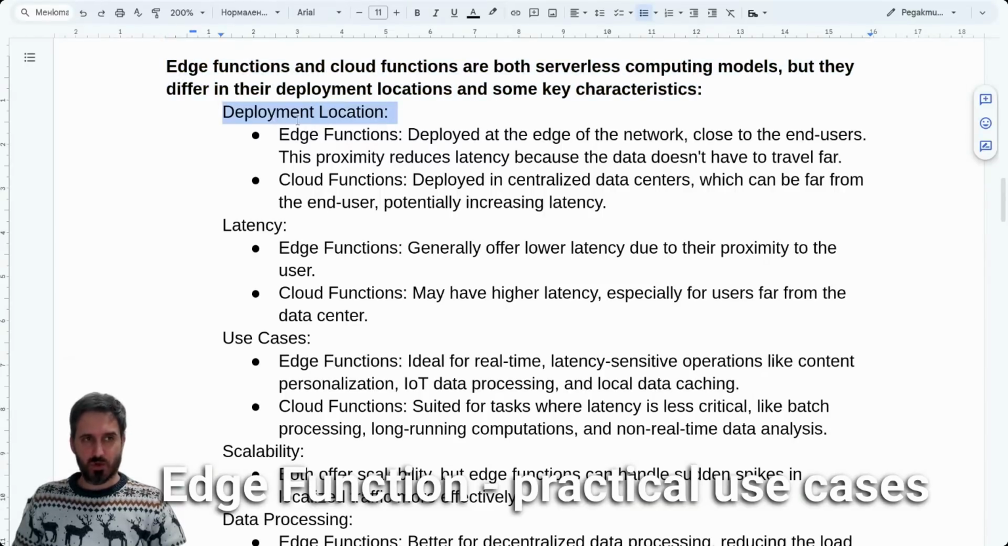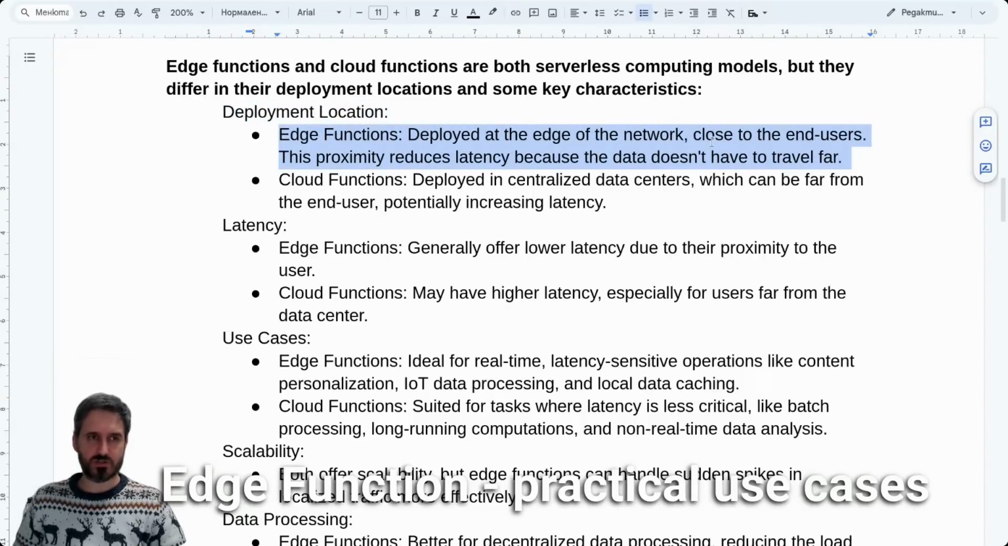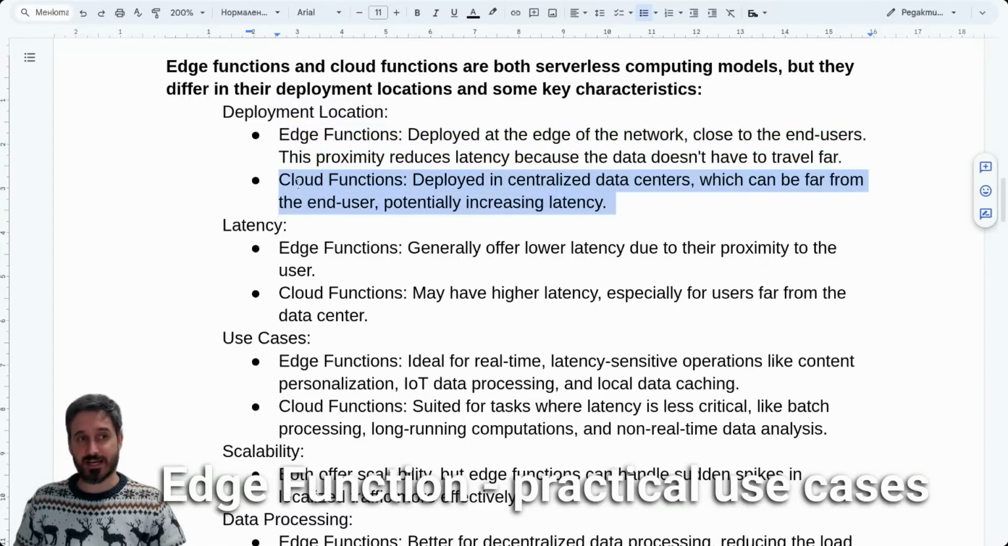So, for example, deployment location. The edge functions deploy at the edge of the network, closer to the end user, and this proximity reduces latency because the data doesn't have to travel far. And the cloud functions are deployed in centralized data centers, which can be far from the end user, potentially increasing latency. So, what that means, like I said,